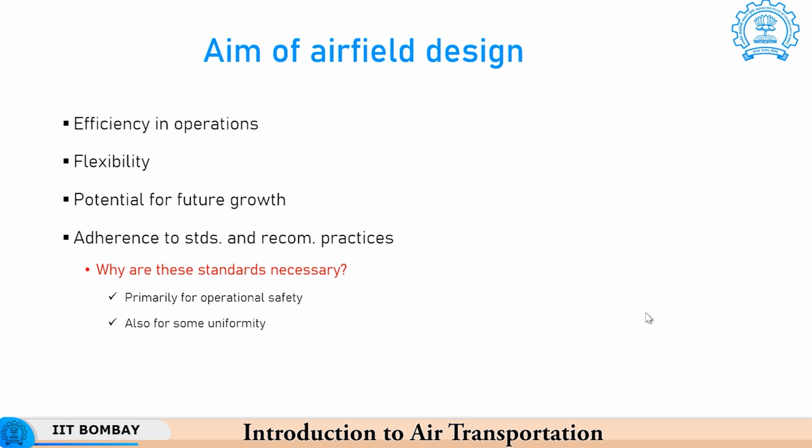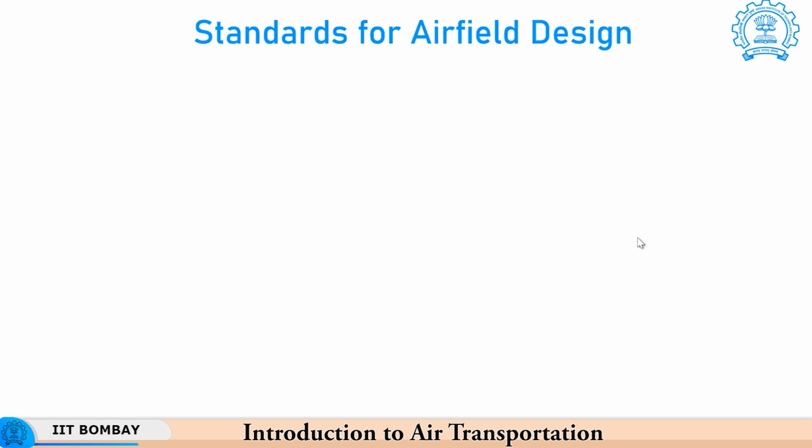Okay. And the other thing is that aerospace engineering and aviation is basically an international, global system. So, if we have standards, then we have some uniformity. If we have uniformity, then the crew members or the pilots who operate will not get completely confused, they will know what to expect. So, the colors of the taxiway lights, the colors of the runway lights, the kind of signs and markings, all of them are generally standardized, so that it becomes very uniform. Any pilot operating from any country can visually have some basic idea.